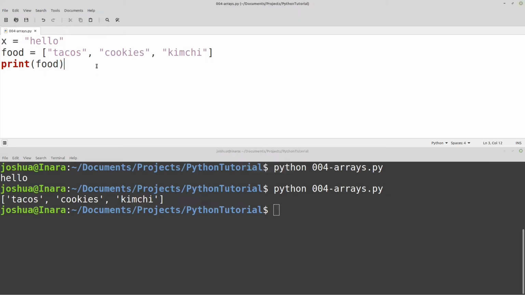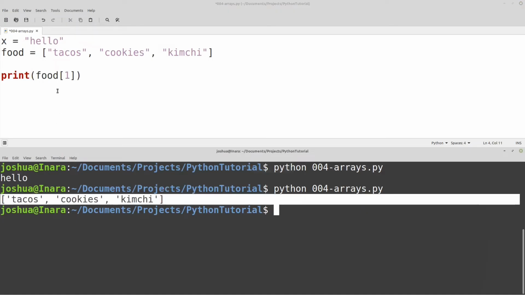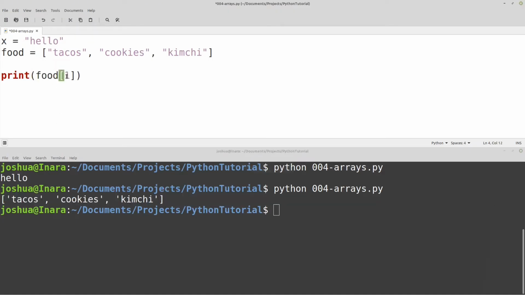So for example, if I want to access food, and let's say that I want to know what was the second value inside our list, I could use the brackets again. I remove the stem. Use the brackets again and do, instead of just printing food only, which gave us the entire list, I can do food and then square bracket, and then the index of the value that I want to reference. So in this case, food 1